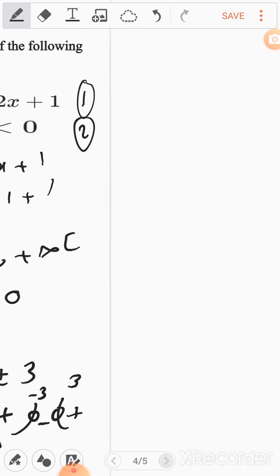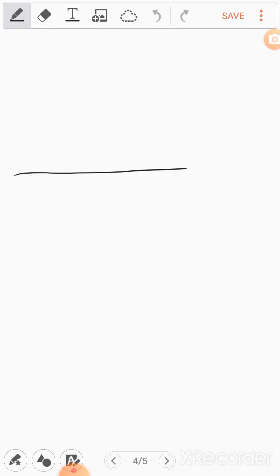Now the third step, we have to find the solution S of the system. It is equal to the intersection between S1 and S2, because S1 is a set and S2 is a set. The intersection between these two sets, S1 and S2, is the solution of the system. So let us